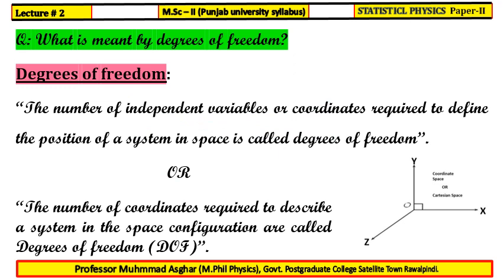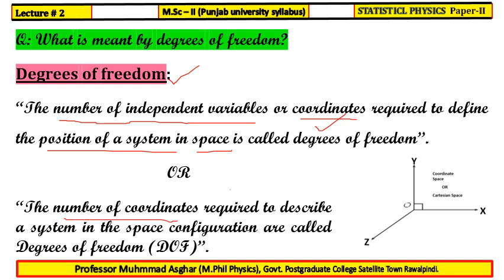And we start here from the definition of degrees of freedom. Degrees of freedom is defined as the number of independent variables or coordinates which are required to define the position of the system in space. Or secondly, we can say that it is the number of coordinates which are required to describe a system in